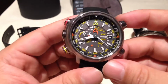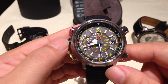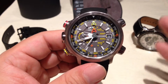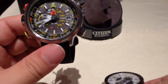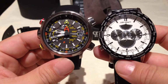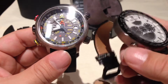And I can also tell you that the face of this is supposedly 49.5 millimeters, and I'm not sure if that entirely includes kind of the pressure sensor on the side or not, but this watch doesn't, if you were to hand it to me, I wouldn't have guessed it's almost 50 millimeters. On this end, I grabbed my Aircraft Big World watch, which is a 50 millimeter case, and if I'm looking at them next to each other, this one just feels a lot bigger. And there's a couple reasons it is slightly bigger, but it also has,